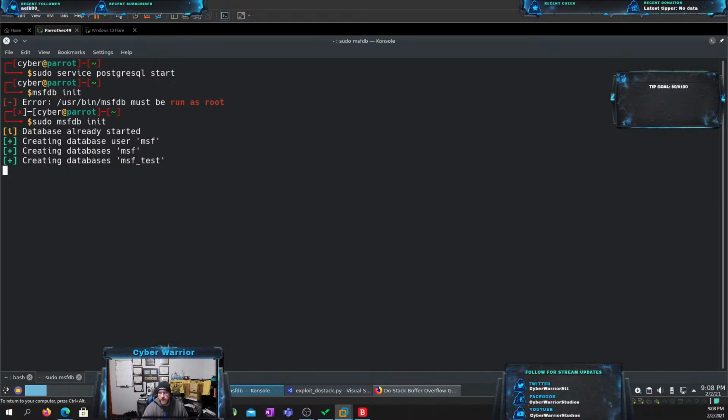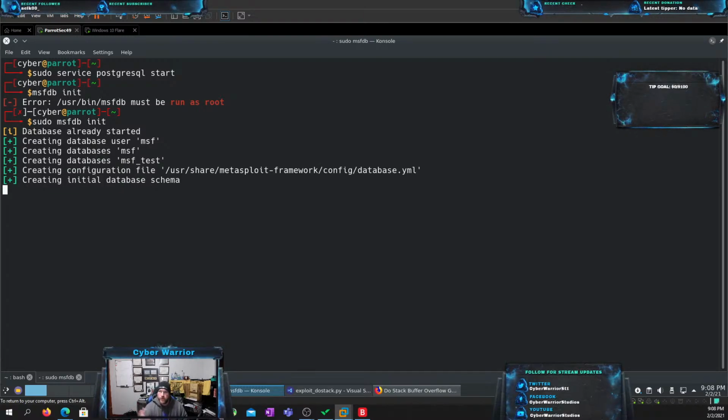Database is already started because I already started it. Creating the users. And the default password and user and everything gets generated. And it should just be MSF, and I think MSF for the password. But in the case of what we're going to do, we don't need it because we're not really going to attempt to log on to the database itself. We're just creating this connection and configuration for it. So now, if we go into MSF console,